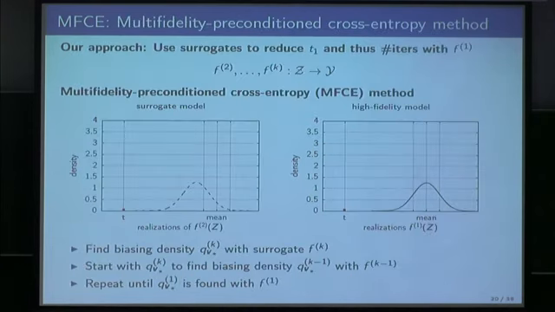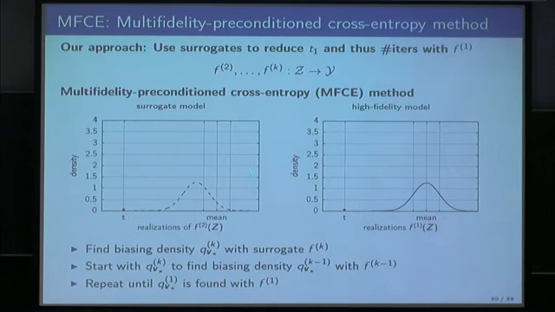And what we now propose is to use surrogate models to reduce the t that we have to start with when we use the high fidelity model. So let's again say we have here the surrogate models. We have on the left, let's consider we have these surrogate models, and let's now consider a case where we have the surrogate model and the high fidelity model, so only two models.